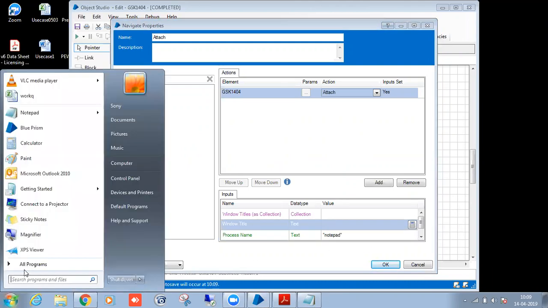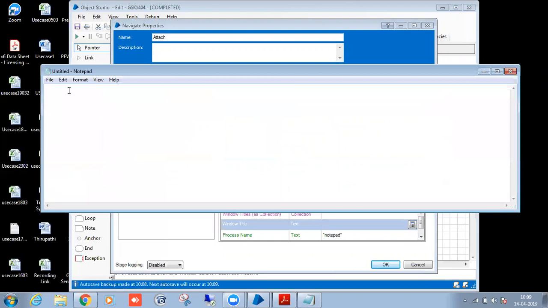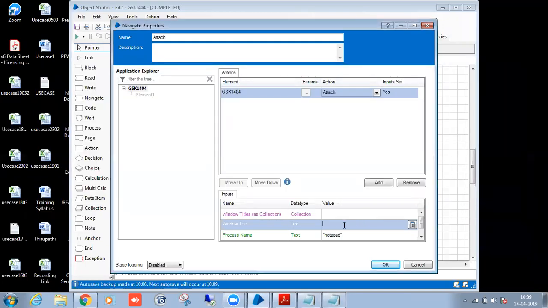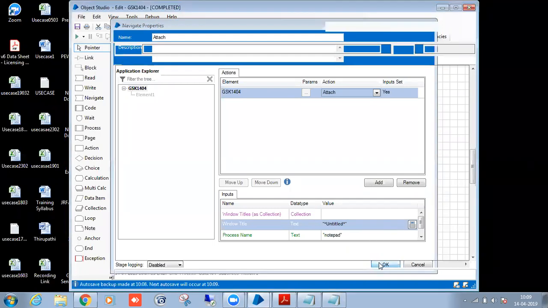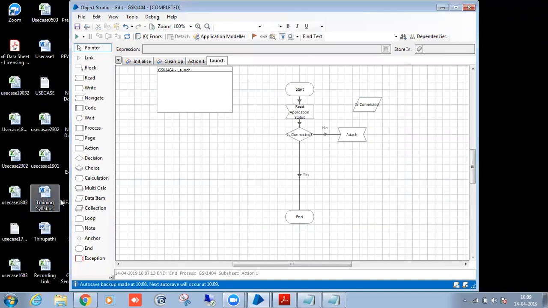Once you open it the first time, what is the window title? Untitled, right? That you have to pass the first time. After that, whatever it may be. Done. So this is about the attach.